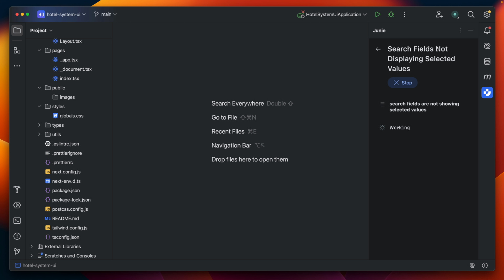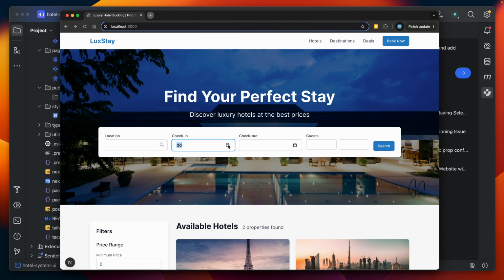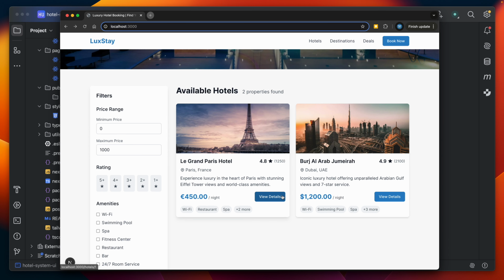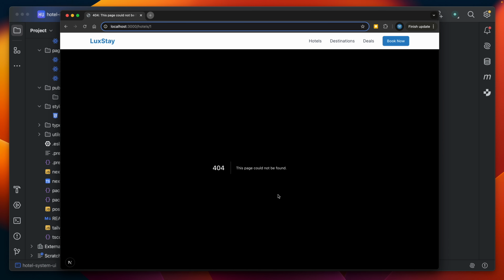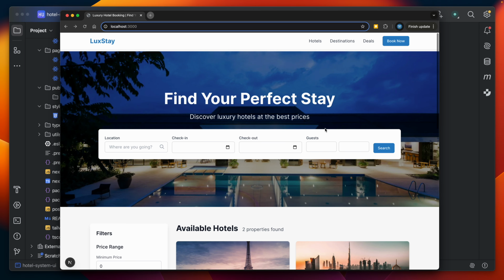I just say that the search fields are not showing selected values. No, unfortunately, it is still not fixed. But what I see here is that the search button now works. Before it didn't work. Now I'm gonna ask to fix showing hotel details. I will not continue with these search fields.